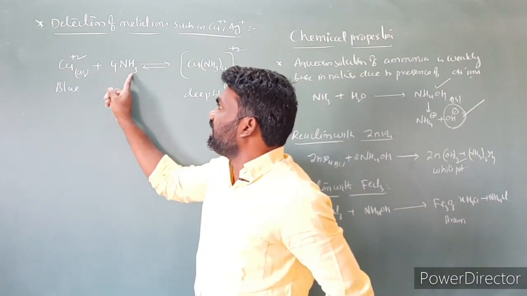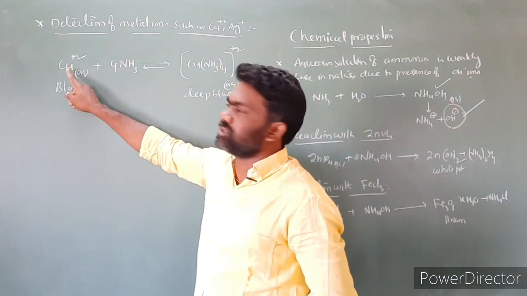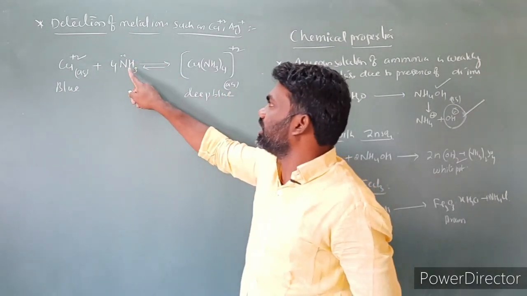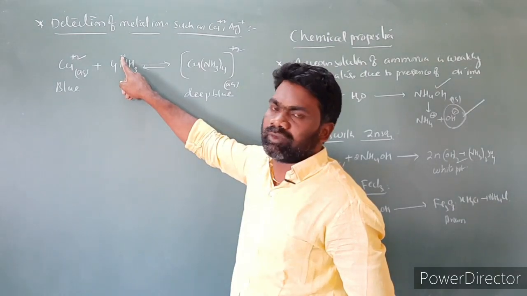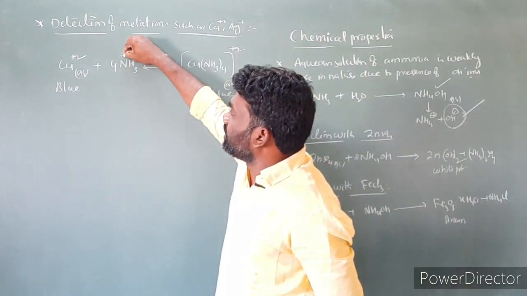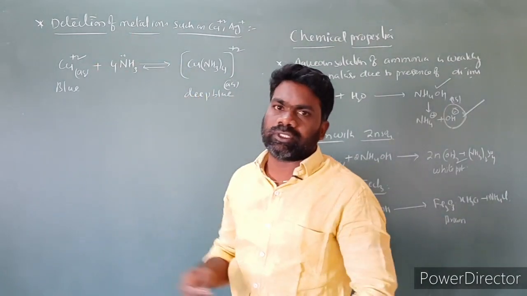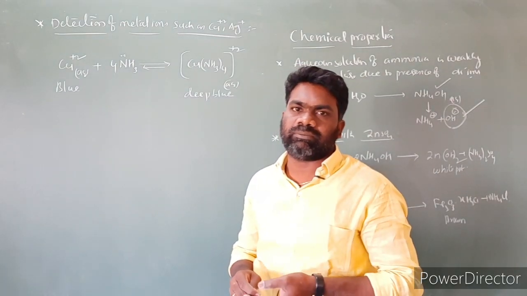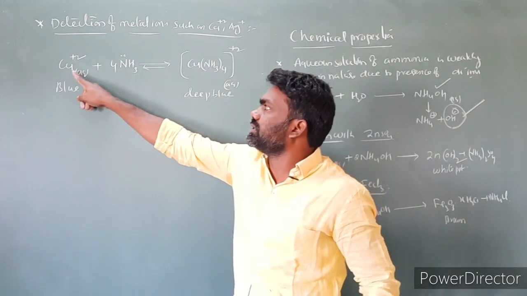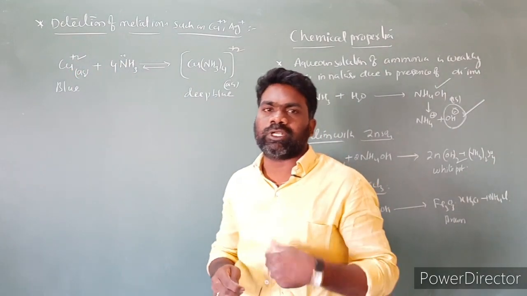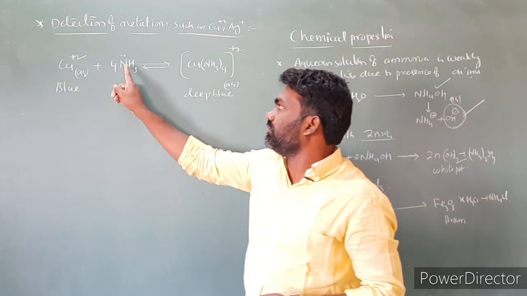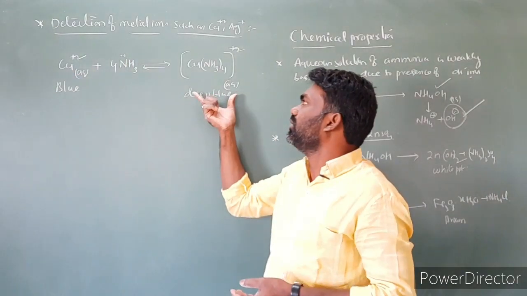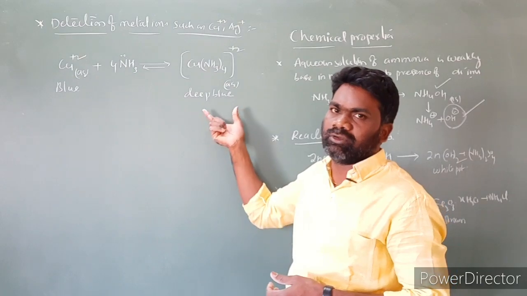Here ammonia reacts with metal ions. In the ammonia molecule, upon the nitrogen there is a lone pair of electrons. The ammonia molecule donates a lone pair of electrons to the metal ions. A lone pair of electron donor is called a base. So it donates a lone pair of electrons to the metal ion, forming a coordinate covalent bond. As a result, coordinate covalent compounds are formed.